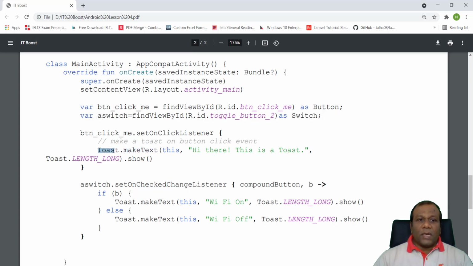Here, hi there, this is a toast, and you can give a toast length long dot show, so it will last for 5 seconds, right? You can give a length short like that. So we will add this button listener event.